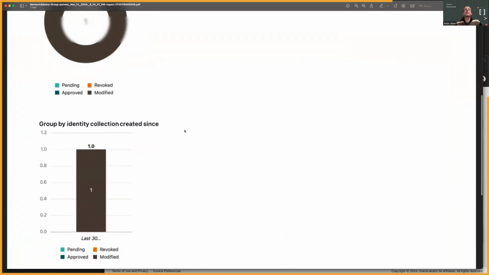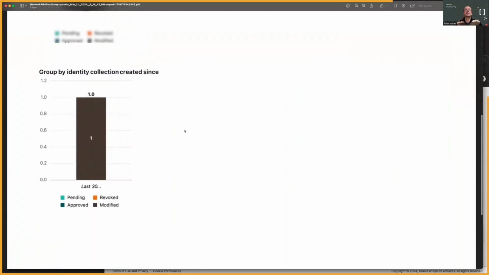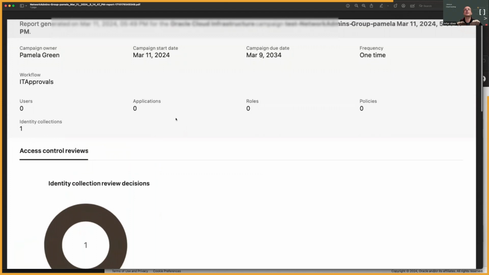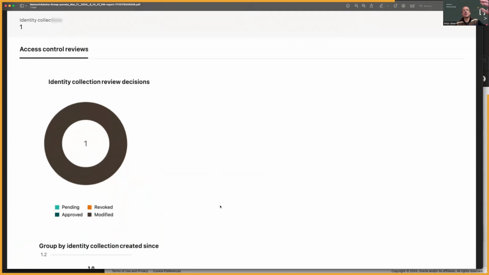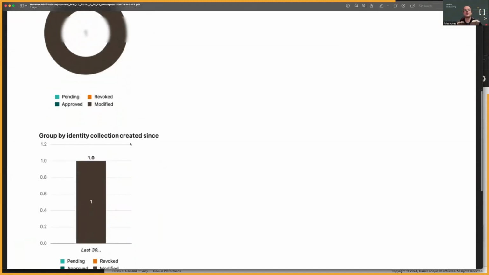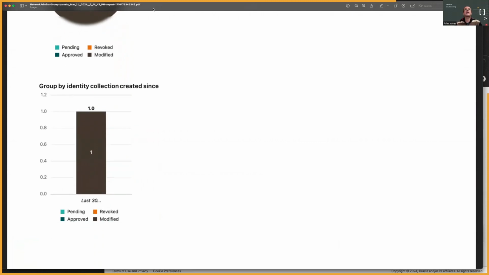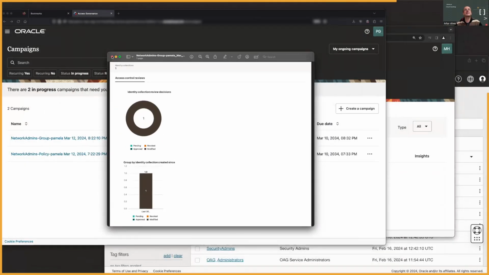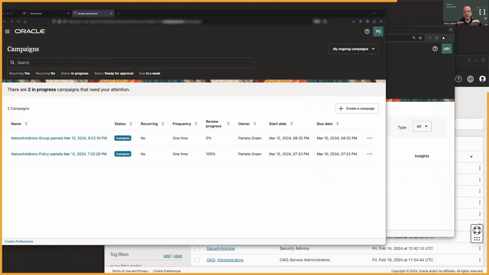So you can see here from a previous campaign that I had done over the same group, but on a different user. I have modified the group membership, so that's why it shows up here as modified, in brown color, and then the details about what that modification was.